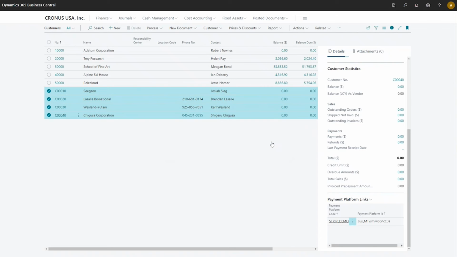So you can imagine the benefits to this now. Instead of having to go customer by customer to create this relationship with Stripe, you can select a range, you can select all customers, whatever it is you need, and send them all over to Stripe as part of a single activity. One other small change we added, I'm going to very quickly